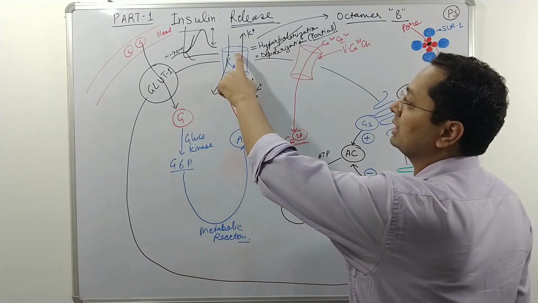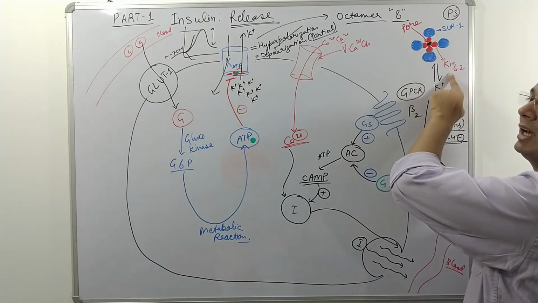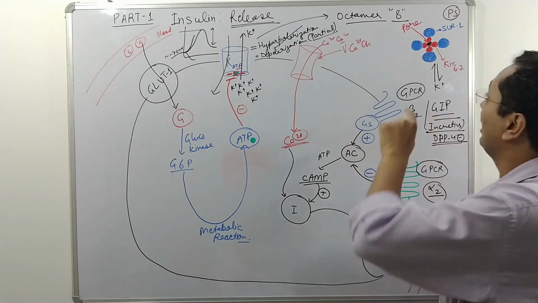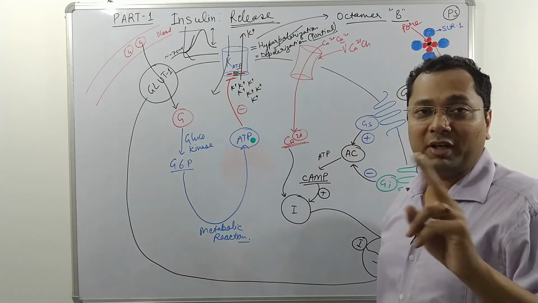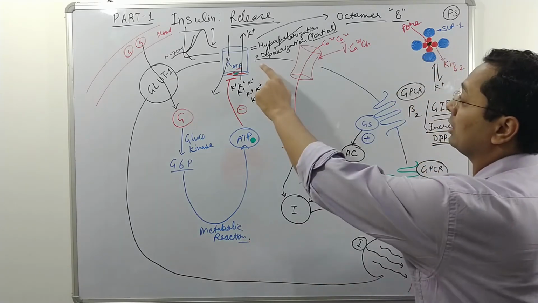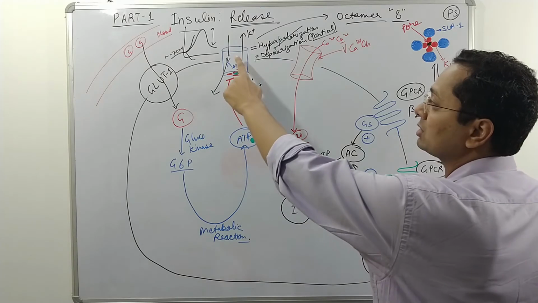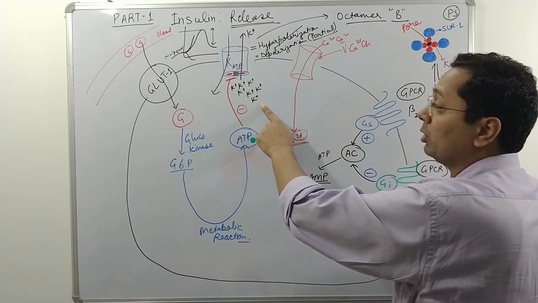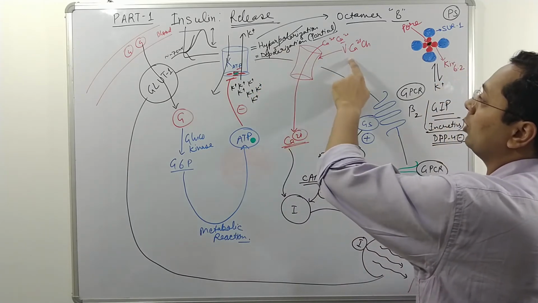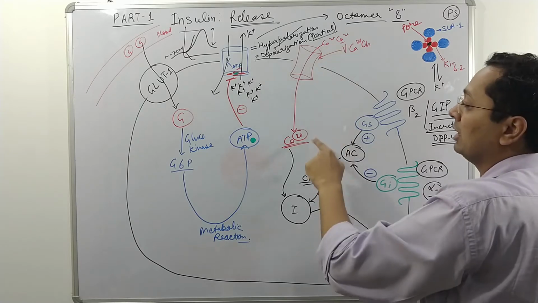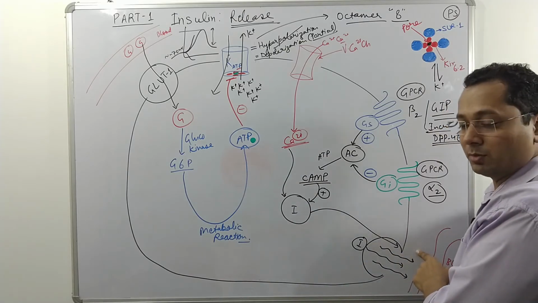Now this ATP will block this ATP sensitive potassium channel. This channel has 4 units of KIR6, which form the potassium pore, and 4 subunits of SUR1, sulfonylurea receptor 1. These two different types of subunits are totally unrelated. This channel normally leads to efflux of potassium, but ATP blocks this channel, and as a result there is accumulation of potassium inside the cell. When there is potassium accumulation inside the cell, there is partial depolarization, which leads to opening of these voltage gated calcium channels. This calcium influx leads to the increase in membrane fluidity, and insulin is released from the pancreatic